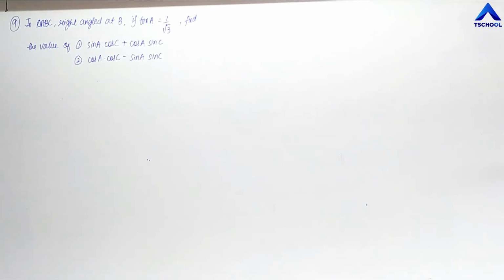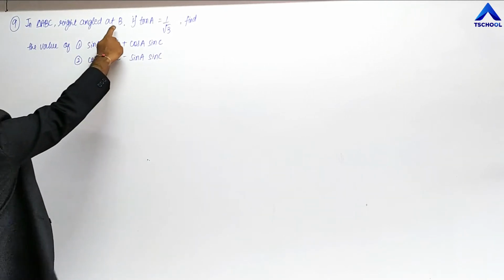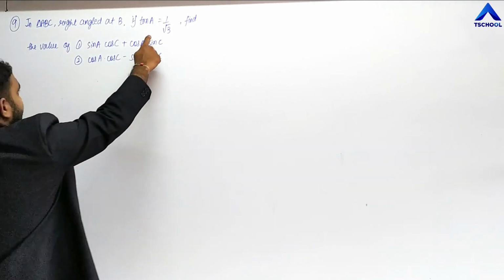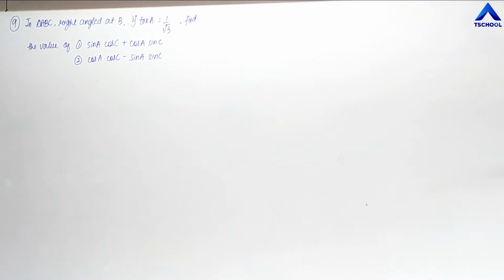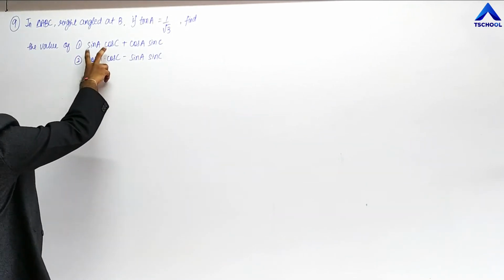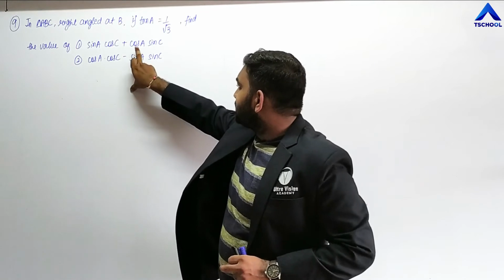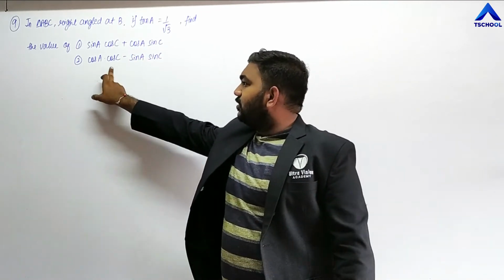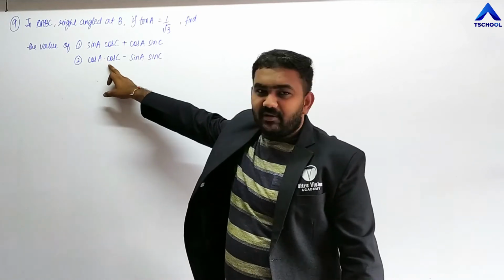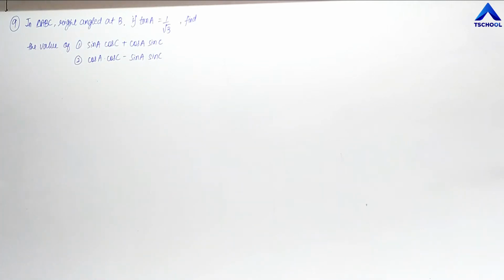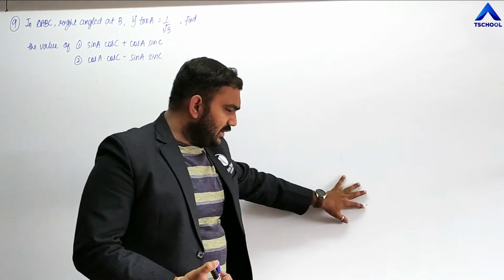Now friends, see here we are given the triangle ABC right angled at B. That means the vertex B will be having a 90-degree angle, and given that tan A equals 1 upon root 3. We need to find out the values of this. This is sin A cos C, meaning sin A multiplied by cos C, plus cos A multiplied by sin C, and here cos A into cos C, that means cos A multiplied by cos C minus sin A multiplied by sin C. So first of all friends, we will find out the values of all of these ratios, all of these functions, and then we shall simply put it down in the identities as we did in the previous example.